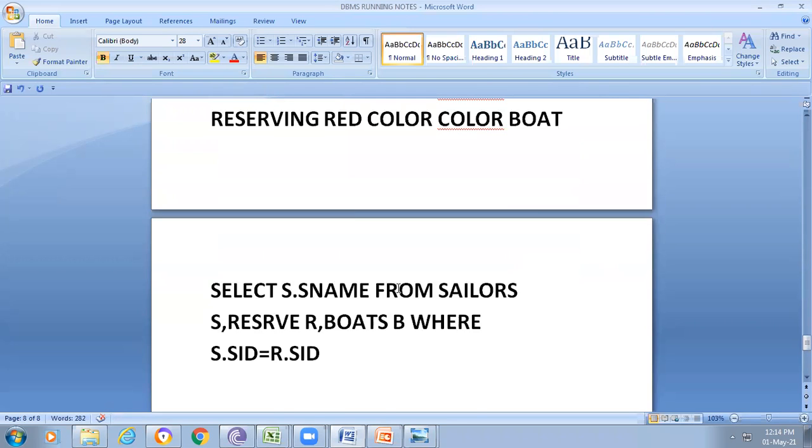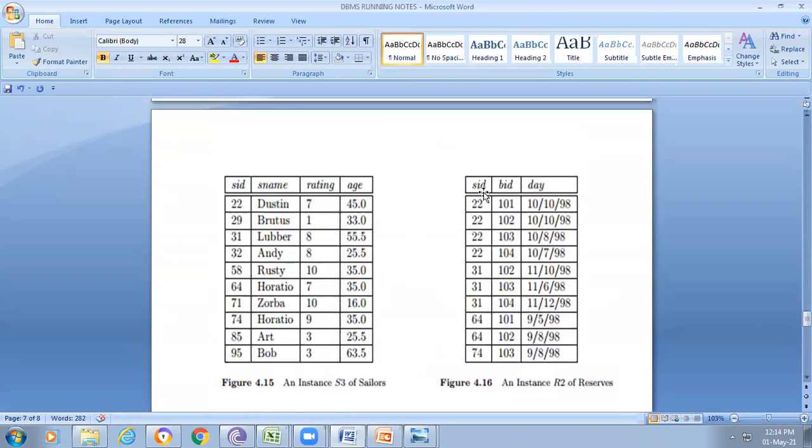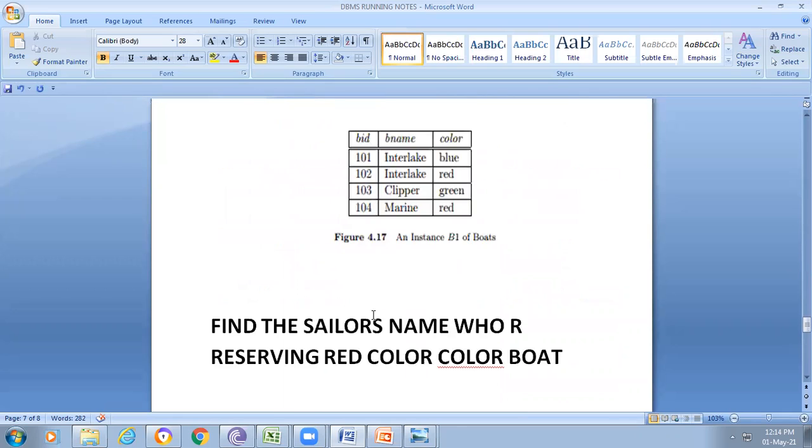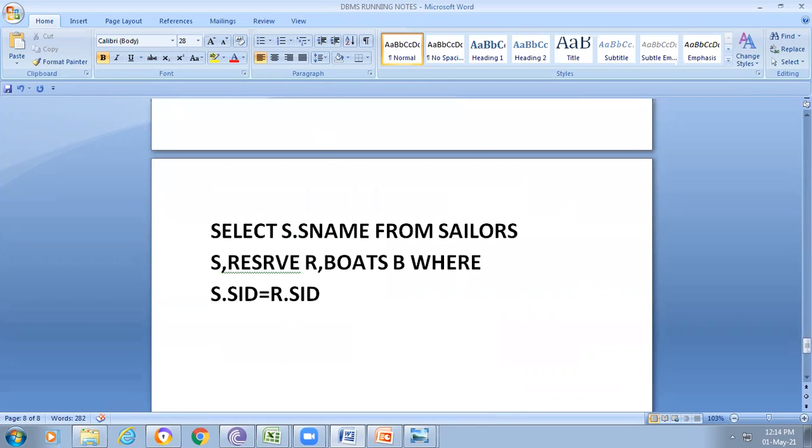What is the meaning of r? The Reserves table. So this table is referred to as R and this table is referred to as S. Then s.sid equals r.sid. Am I right? In the same way, r.bid equals b.bid.